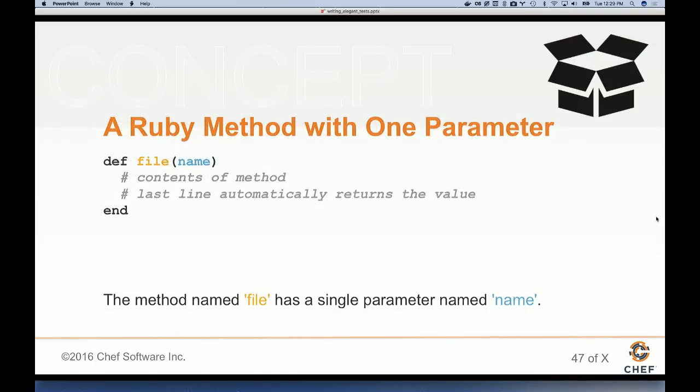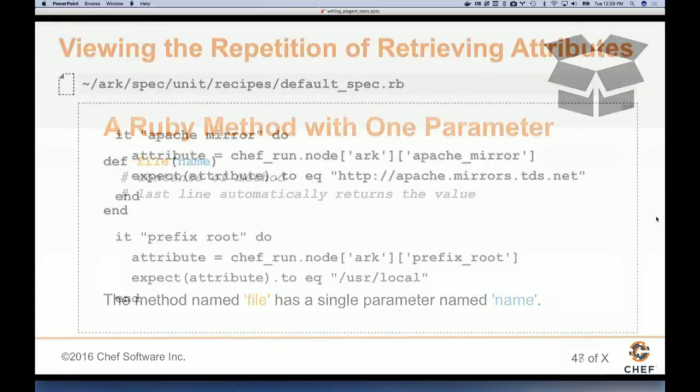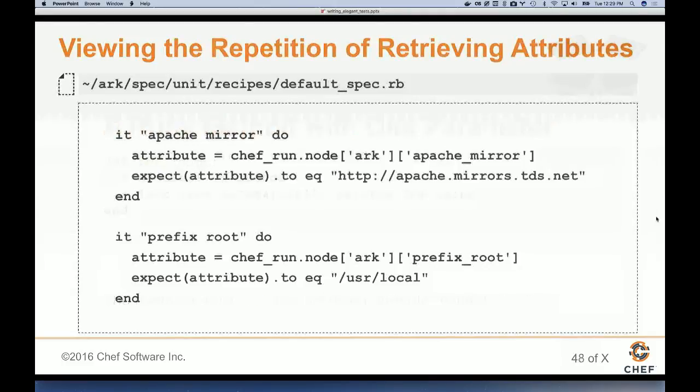This is what that method looked like. Remember, the def keyword and the name of the method and the parameters there, and then the contents of it. Here's the code that we had. It says Apache mirror, prefix root. We had a lot of setup where it was doing a lot of chef_run.node to pull out that information